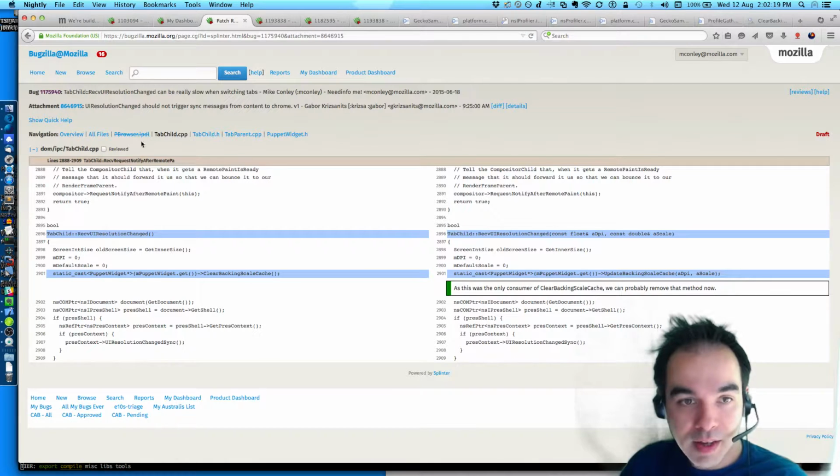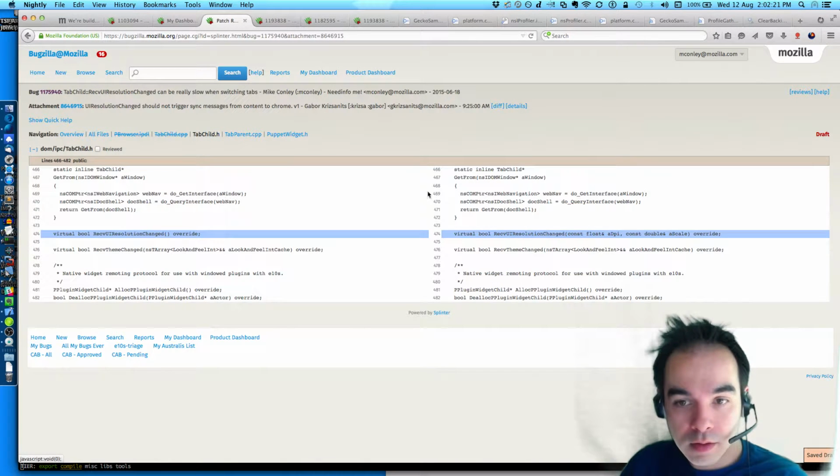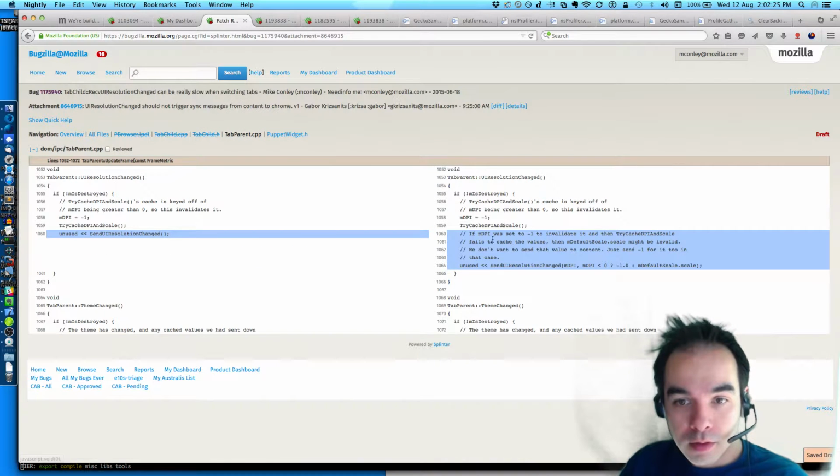Pass the DPI and the scale. If the DPI was set to -1, if mDPI was set to -1 to validate and then try cache DPI and scale fails to cache the values, then mDefaultScale might be invalid. Don't want to send that value to content, just send -1 for both in that case.